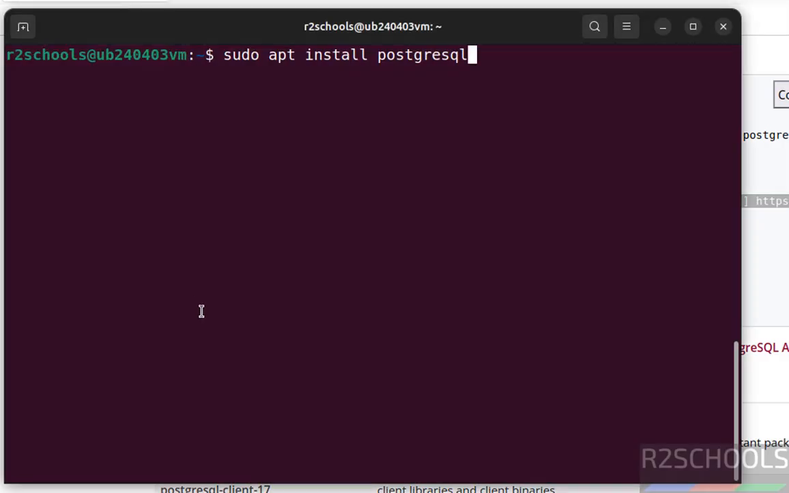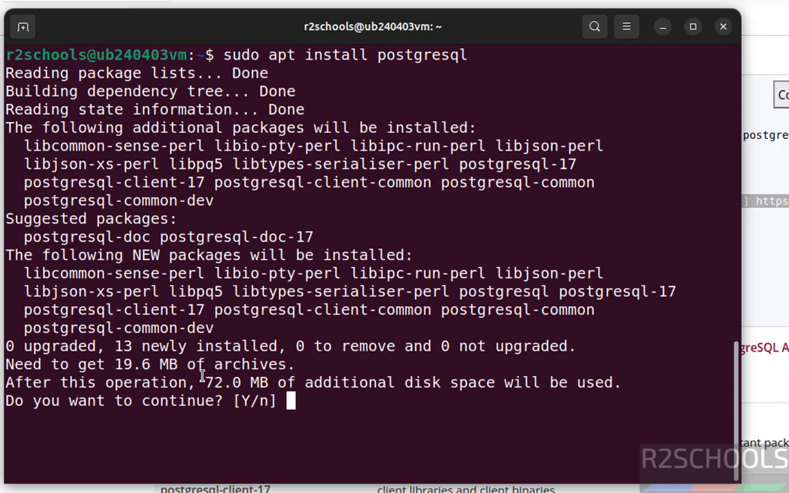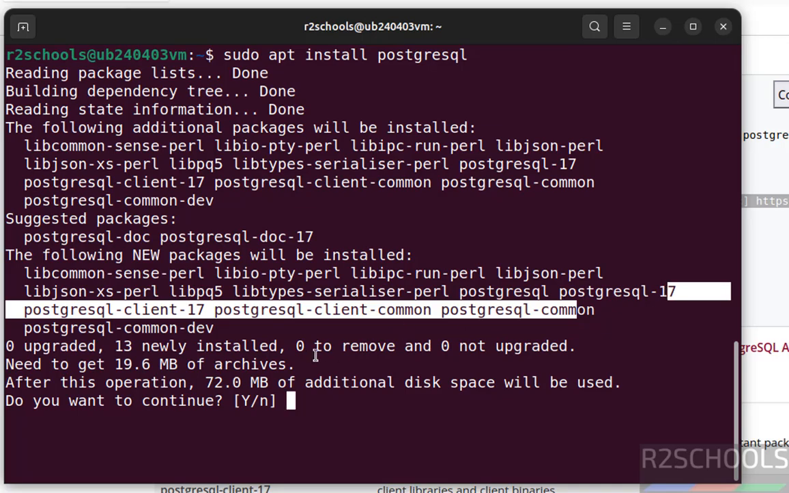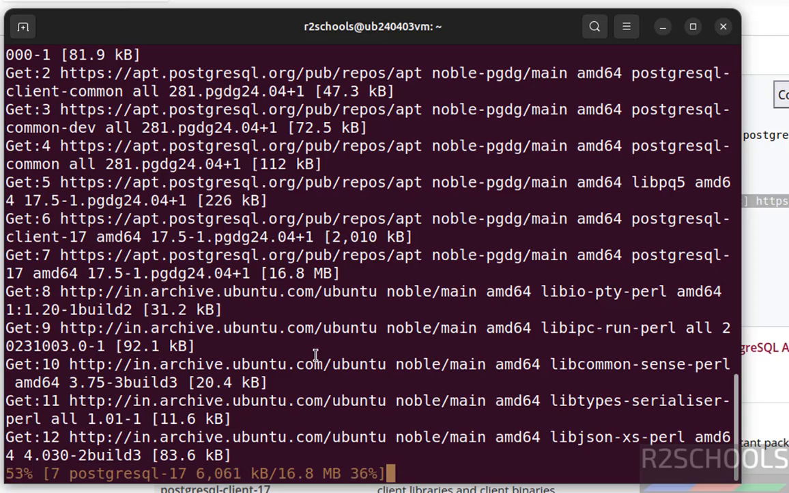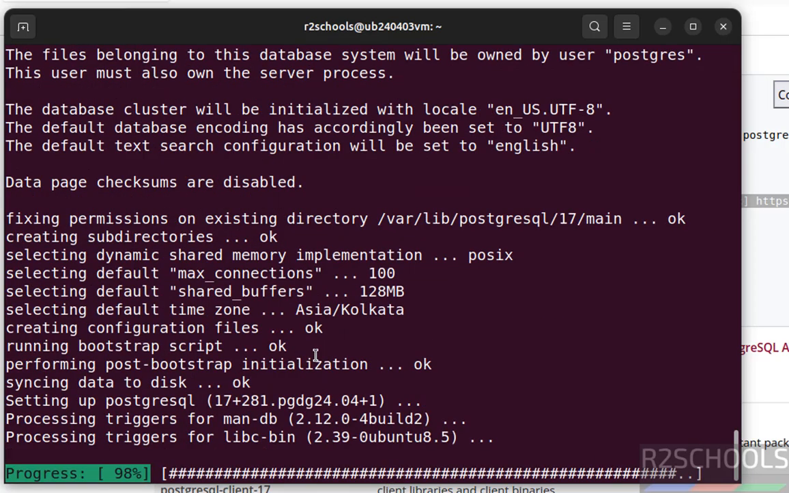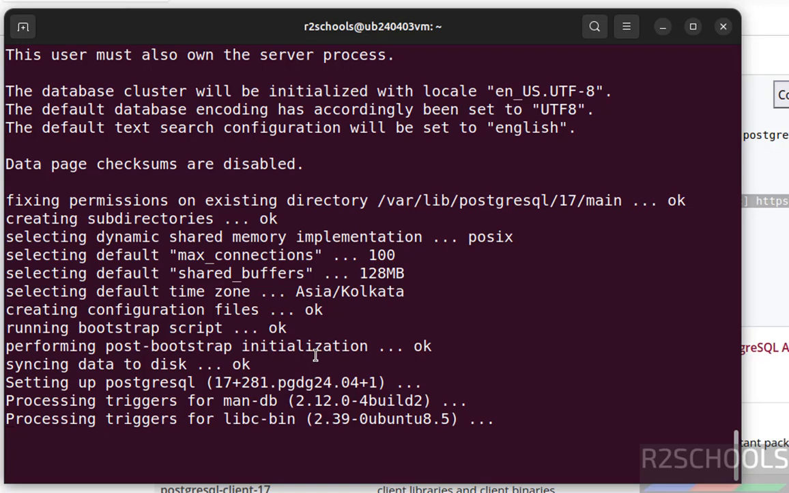See, if you give this one, it will install the latest version. If you want to install 16, you have to give 16. If you want to install 15, give 15. Okay, I want to install the latest version. Hit enter. See, now it is installing PostgreSQL server version 17. Type A for confirmation and hit enter. See, we have successfully installed, and see here the default settings like max connections set to 100, shared buffers 128